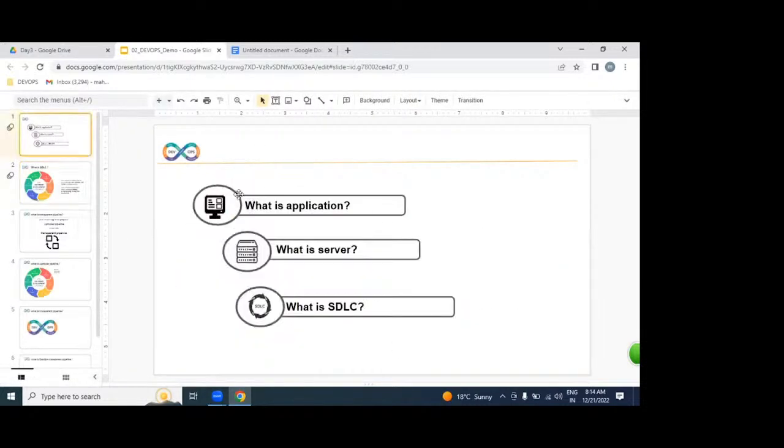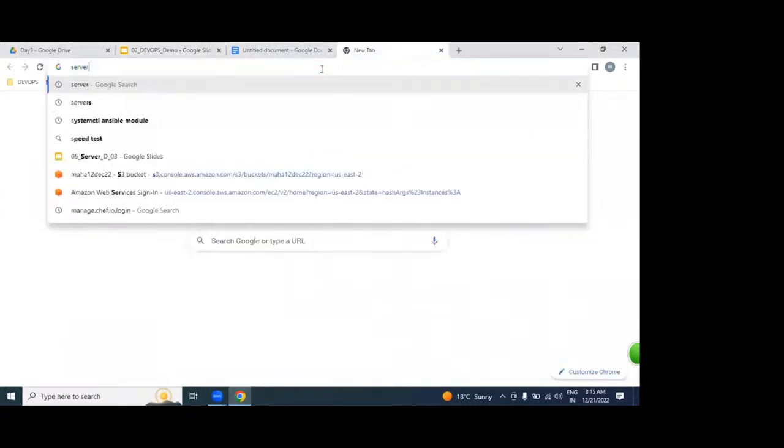You know very well. What is your application? Please, anybody help me. An existing student. Yeah. Application is nothing but a website. The working software, which is written in any programming language, we call as what? Application. That application we are going to be placing on where? Server side. Excellent. Thank you.